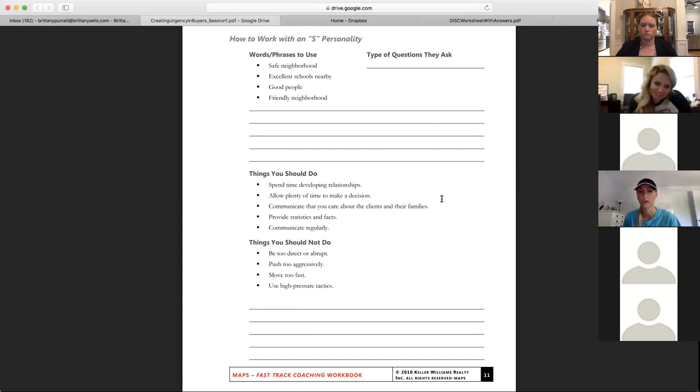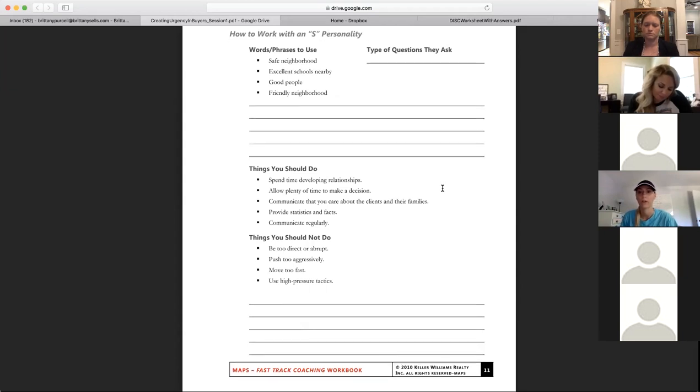So these are going to be your clients that sometimes when you're in a multiple offer situation, they're going to feel really stressed and pushed to submit an offer. So making sure that you help walk them through that a little bit, and giving them as much time as you can. If you're in a seller's market, sometimes you have to move quickly, but also preparing them up front for that, we may have to move quickly, so that they know that could be a scenario.